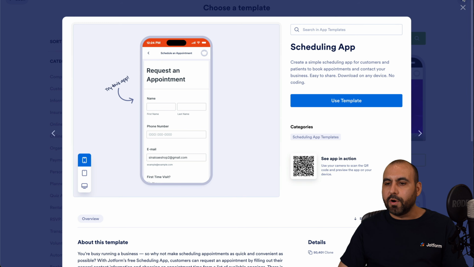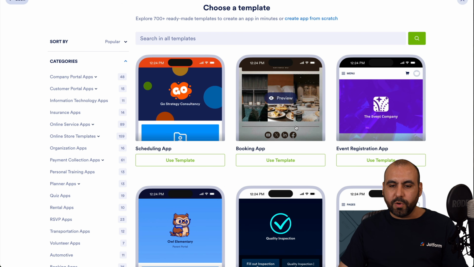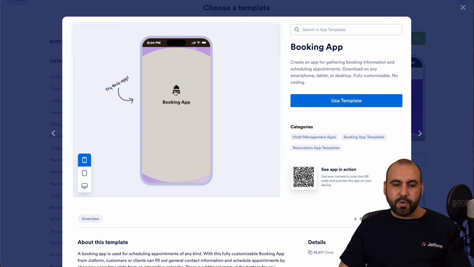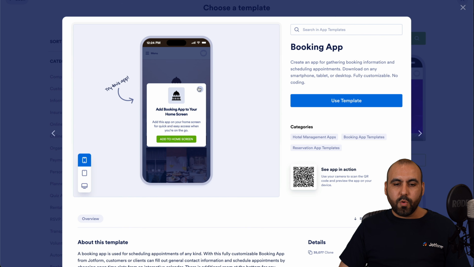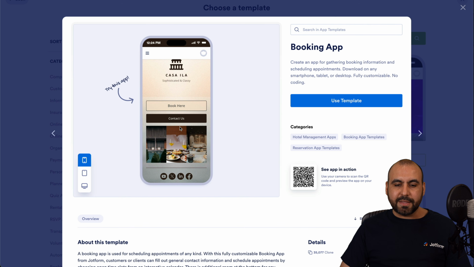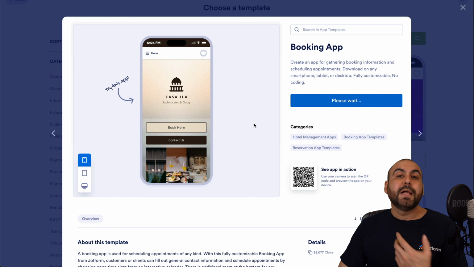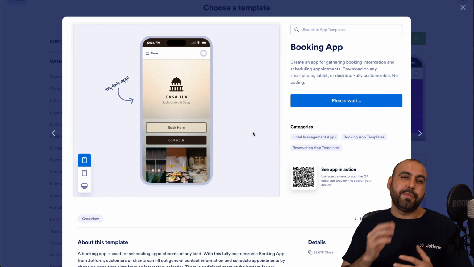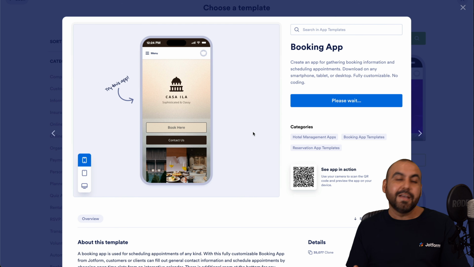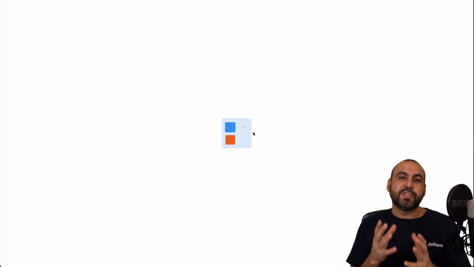Maybe we want something more complex with more options. Well, let's go ahead and preview this one. Again, let's go ahead and open up the app. Here we go. And now I'm able to book here, contact us, and I can make this more robust. I even have a menu available here, which seems good. Let's go ahead and use this template to customize it to our own needs. So the good thing about using templates is that they're already pre-built and we're able to just modify them to